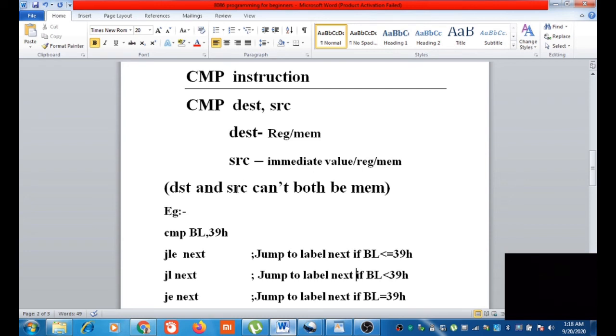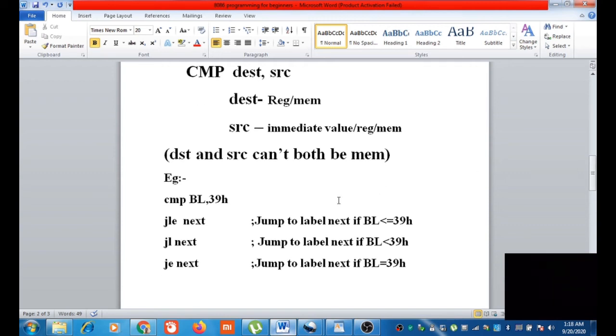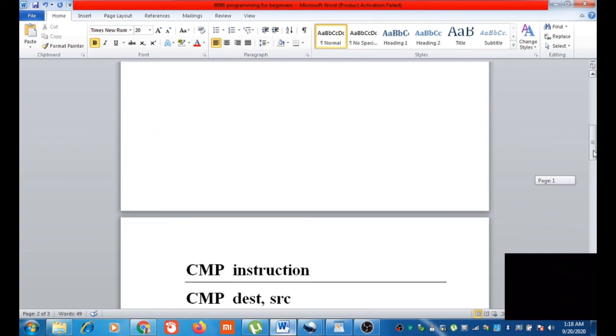But destination and source can't both be memory. That means you can't write CMP n comma sum like that, since sum and n both refer to memory. It is not possible. So see the example: compare BL comma 39h.